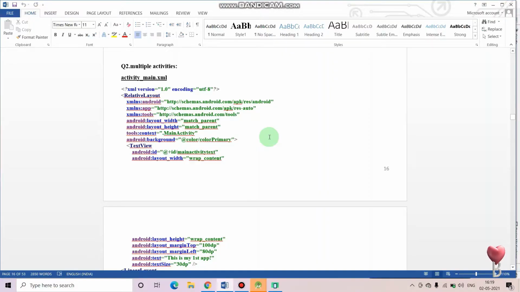So welcome back guys. Today we are going to start with the practical 3 question 2 of advanced mobile programming, and this practical is all about multiple activities. We are going to create multiple activities. Till now we have seen creating one activity for the application. Now we will be creating multiple activities, and we will